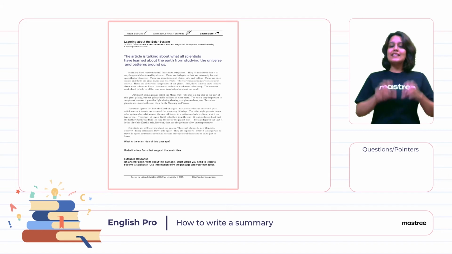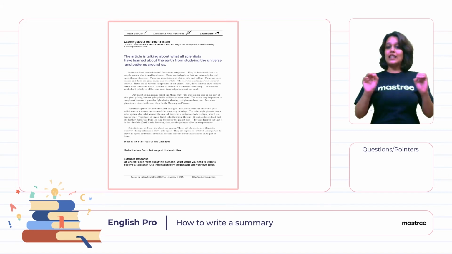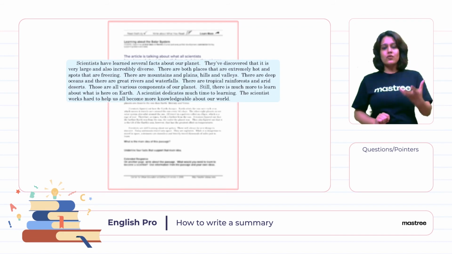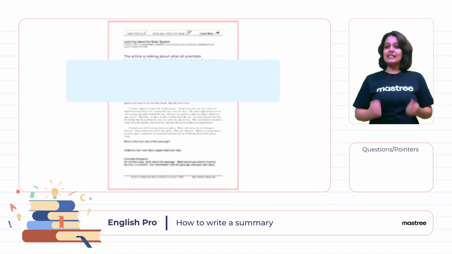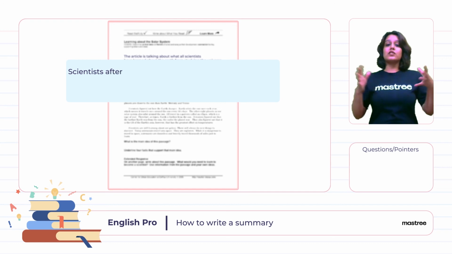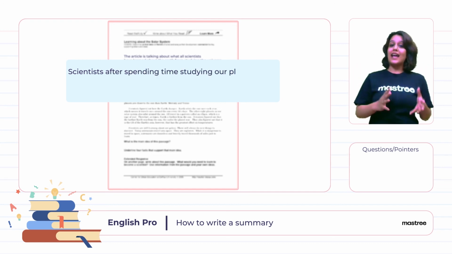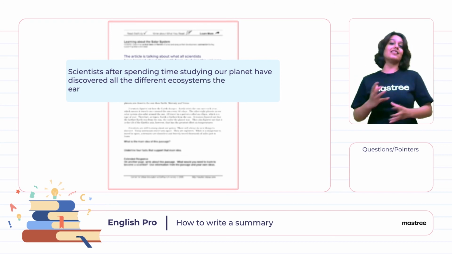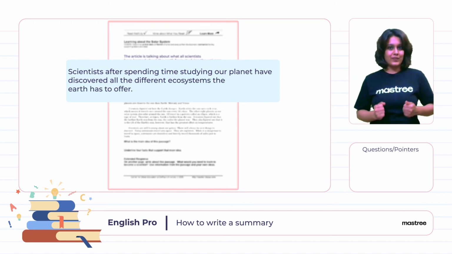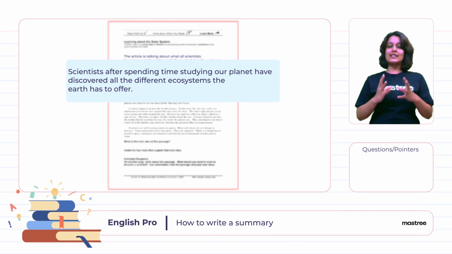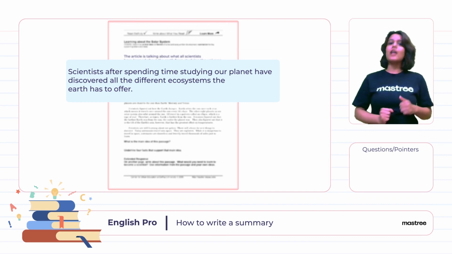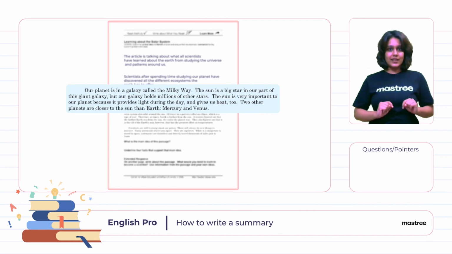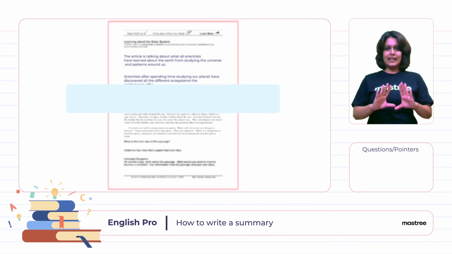Now, let's start outlining each of the other paragraphs that follow. In paragraph 2, we can write the summary as, scientists, after spending time studying our planets, have discovered all the different ecosystems that the Earth has to offer. So this is how we summarized our second paragraph. Let's look at paragraph 3. And how are we summarizing it? We can say something like,